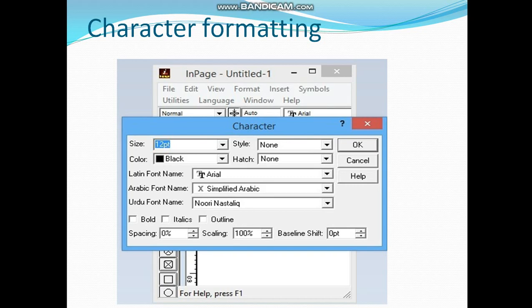Here you can change the size of your text, change the color of your text, and change the font and font style of your text, like the one shown in the image. After selecting Character from the formatting menu bar, the Character dialog box will appear, and here you can change the size and color, and in the font name we have selected Noori Nastaliq.